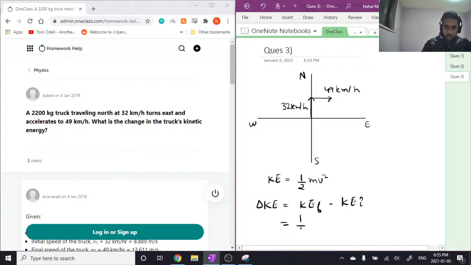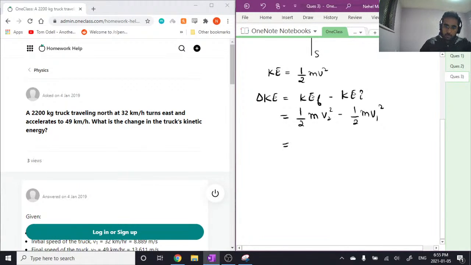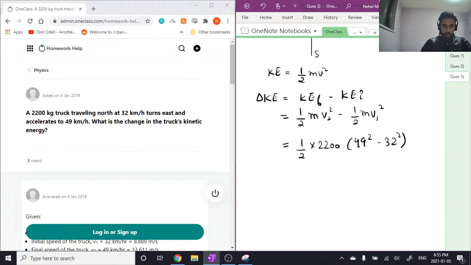which is equal to half mv2 squared minus half mv1 squared. So we basically get E equals half times 2200, multiplied by v2, which is 49 squared minus 32 squared, times 2200 divided by 2. So it's a big number, so we would,